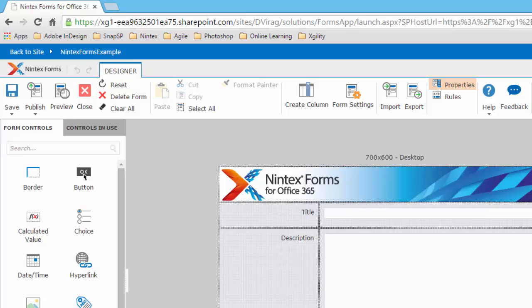From the Designer ribbon, you can save the current form, publish the current form, preview the current form, close Nintex Forms Designer and return to the previous location, reset the form to the original auto-generated state, delete the form, clear all the controls from the form, format a control based on another selected control, create a column in the current list or document library, display the form settings, import an existing form's source XML file, export the current form to an XML file, display the Properties pane, display